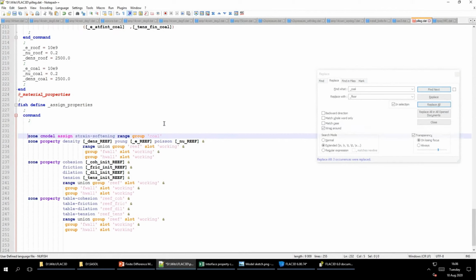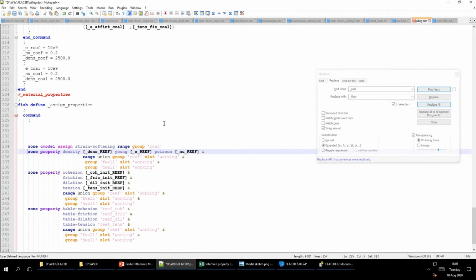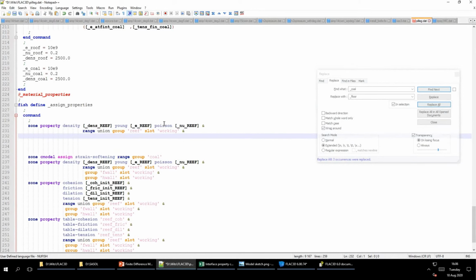Okay, I'm getting away from myself now. Excuse me. Density, Young and Poisson. Okay, there we go, range union. So this is what I'm going to do before I do anything else anyway. So zone,